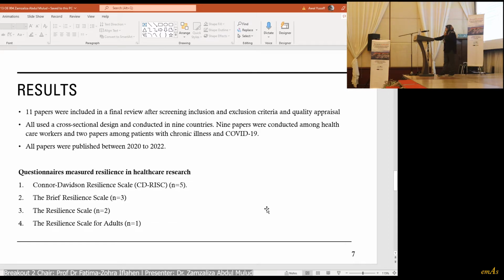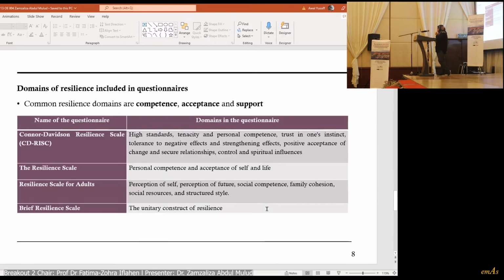The most commonly used questionnaire was the Connor-Davidson Resilience Scale. 5 studies used this questionnaire. The brief resilience scale, the resilience scale 2, and then the resilience scale for adults, 1 study used each of these questionnaires. Okay, and then let's answer objective number 1, the research question 1, and then for the research question